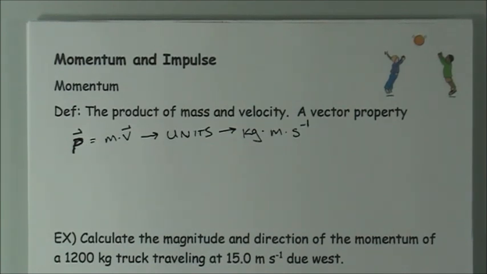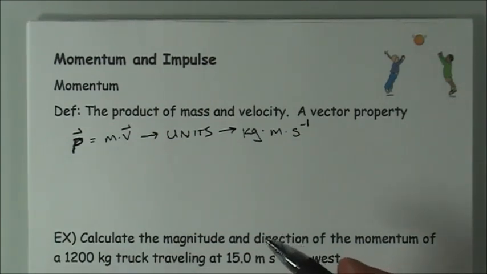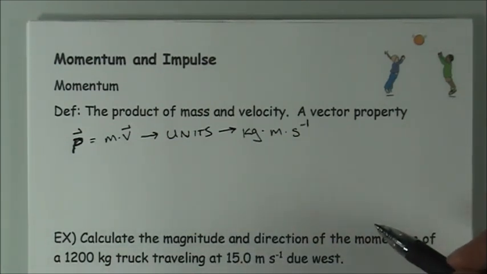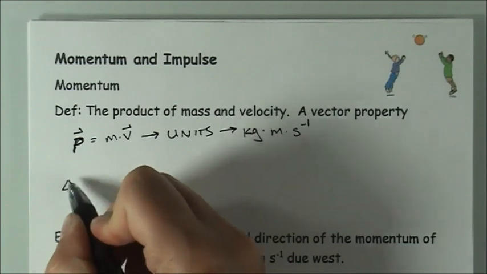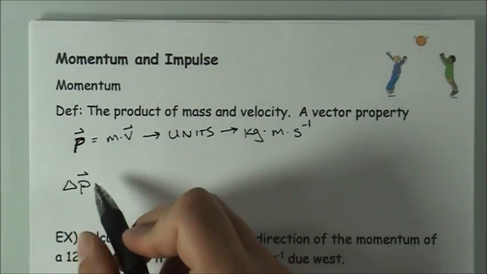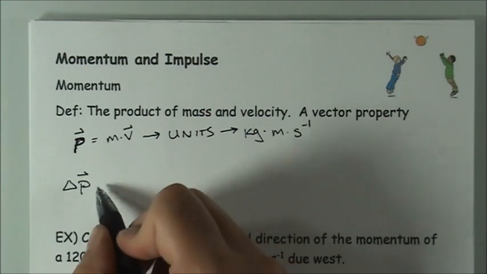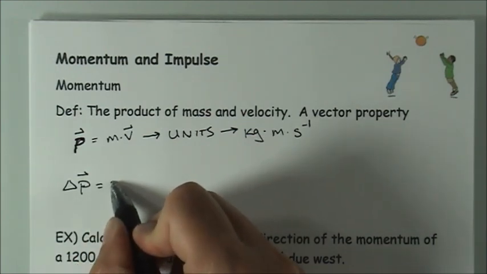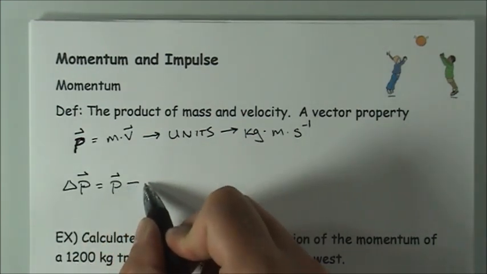Besides the momentum of an object, which is kind of boring, I mean there's nothing especially interesting about the momentum of an object, we'll be much more concerned about when objects make changes in their momentum. That might be because they collided with something, it might be because a force was applied to the object and caused it to change its momentum, and so as a result we will look a lot at this property, delta p, the change in momentum, and obviously, as with any change in any property, I could calculate that by the final momentum